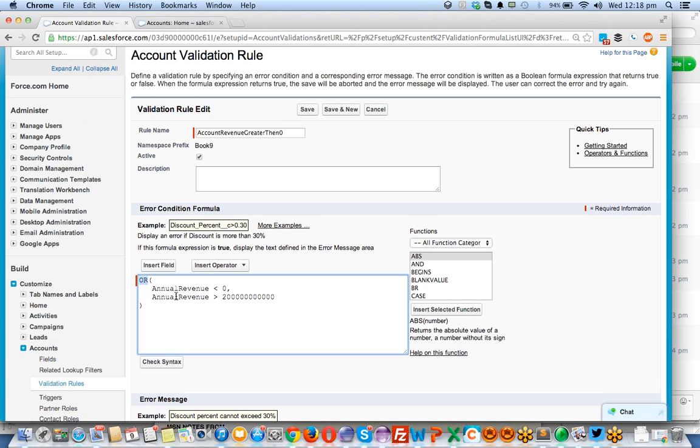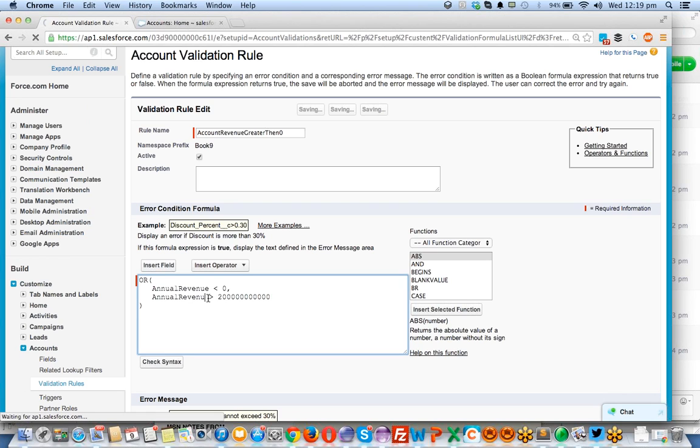If annual revenue is greater than $20 billion also, it's going to fire. So if any of these conditions are true, this rule is going to be fired. Checking syntax will always give true because it's already a saved validation rule. It won't give any problems for me.